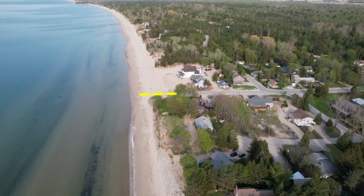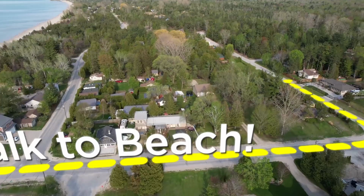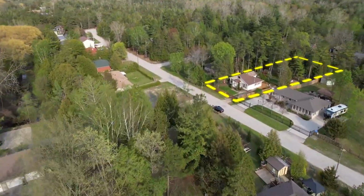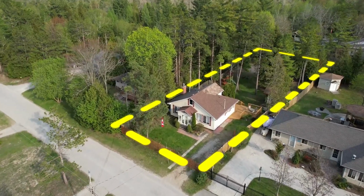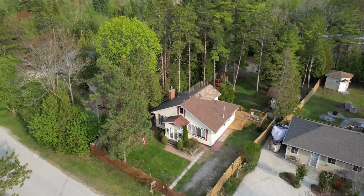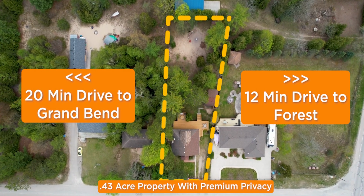Gotcha, this is not California. This is Ipperwash, Ontario, home to one of our province's most spectacular beaches. And just steps to those sparkling shores of southern Lake Huron and tucked away in a quiet Ipperwash Beach neighborhood in between all the necessities you'll need in Grand Bend and Forest, this is even better than California, and a lot